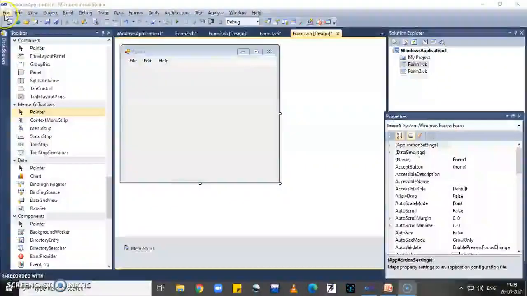So here when I just want to open file menu, then I press Alt F. For example, I want to open project menu, then Alt P. View menu, then Alt V. So access key is a combination of Alt and any character from the keyboard.